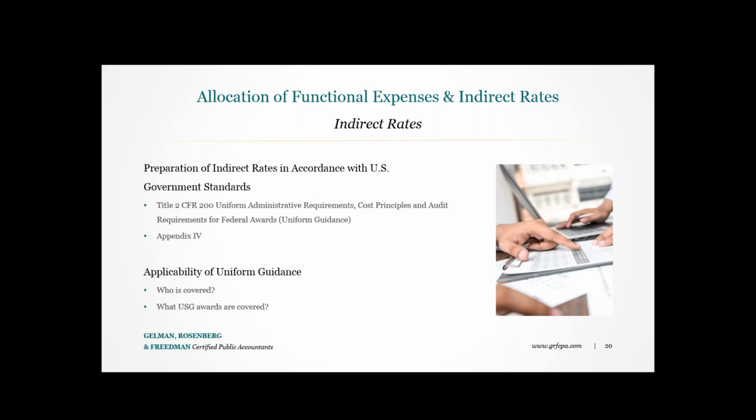The proposal is prepared by the entity in accordance with cost principles and to substantiate its claim for the reimbursement of indirect costs. The rate in the supporting schedule is used to arrive at the indirect cost pool, including the amounts in the base calculations. And the proposals are based on the most current financial data supported by the organization's audited financial statements. Again, the basis here is the entity's functional expense statement and related assumptions for the preparation of that functional expense statement.